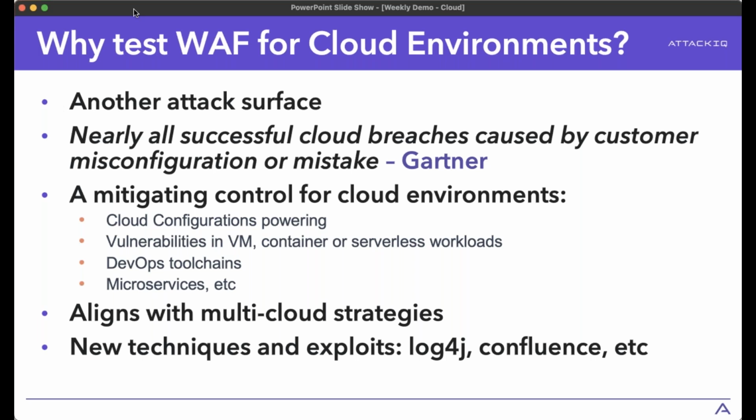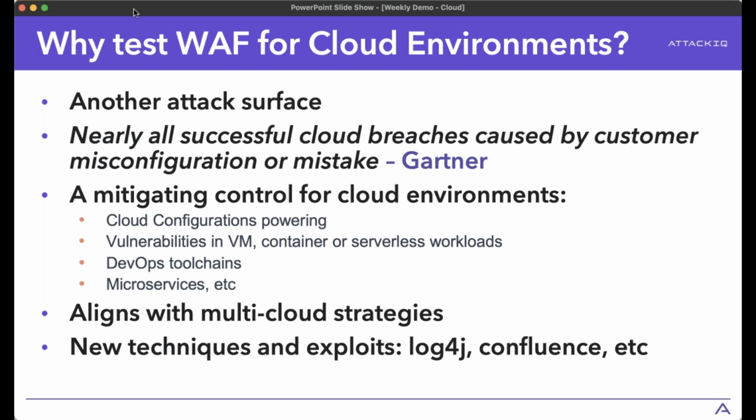So the good thing is that we can test for WAF no matter what cloud environments you have, right? Obviously the big ones are AWS and Azure, but also there are WAF providers and services for GCP and other